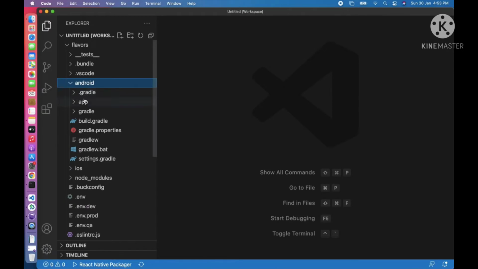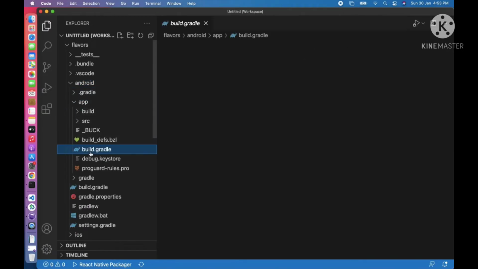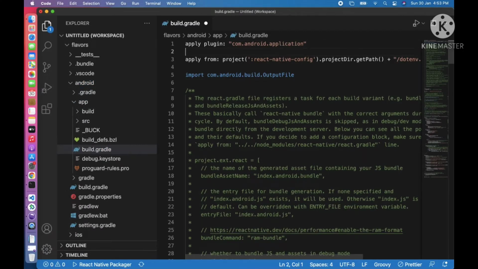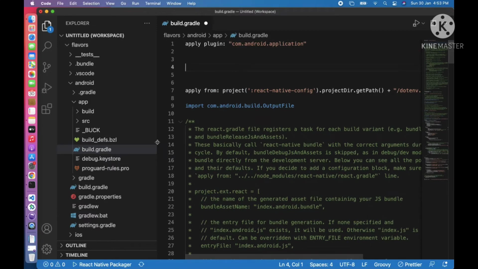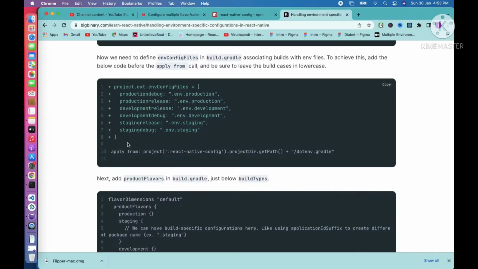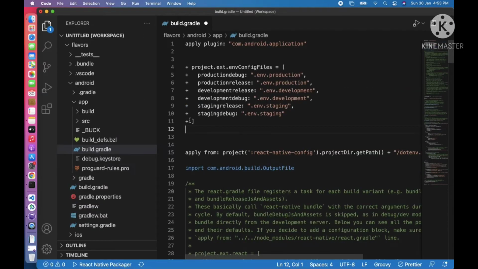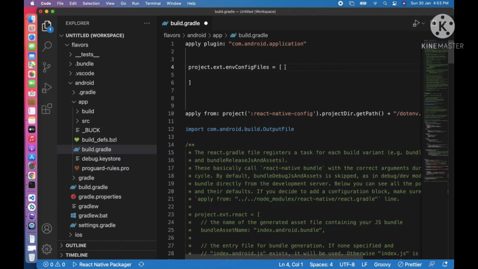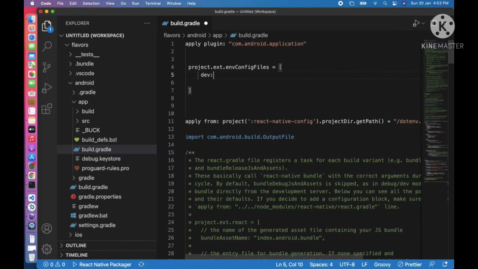Inside the Android folder, open the build.gradle. Here we are going to place our env file according to our flavor. For that, what you can do, just copy this one, paste it here. So remove this plus button. Here I am going to remove all these flavors. Just I am adding dev is equal to